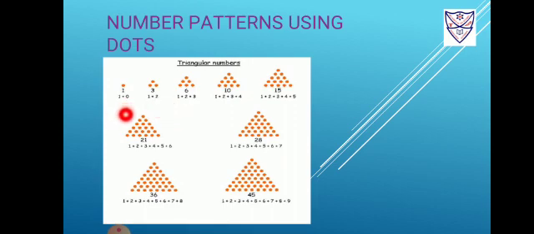First figure is 1 dot. Second figure is a triangle made by using 3 dots. Third figure is a triangle by using 6 dots. Now let us understand what the number pattern is over here. Students, first figure is 1 plus 0. Second, it is 1 plus 2, 3. Third pattern, 1 plus 2 plus 3, means in every pattern, one number is increased. That is, here we will do 2 plus 1, so 3.